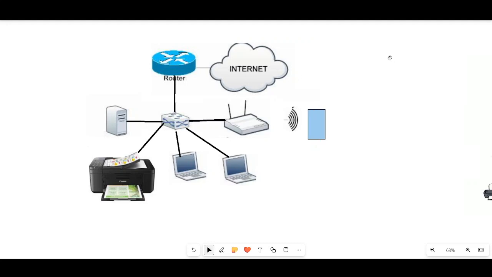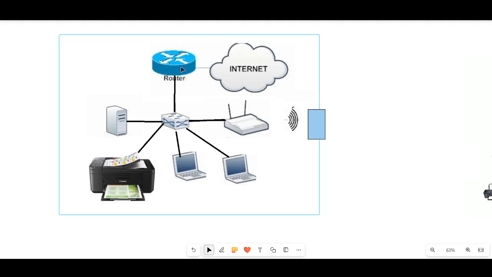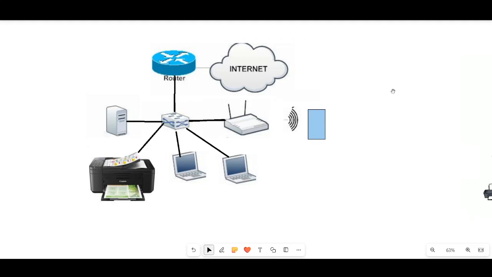Do you know there are many types of router? A wireless router is also available, and with the help of a router you can connect simply a switch. The router has fewer ports but the switch has many ports.